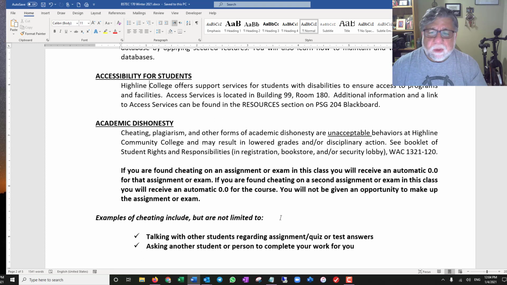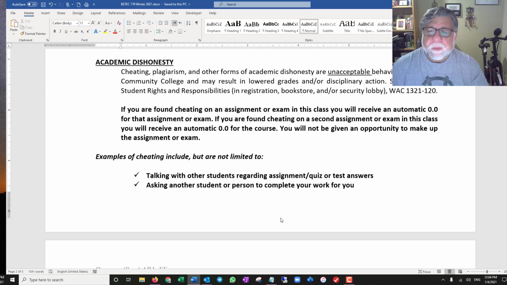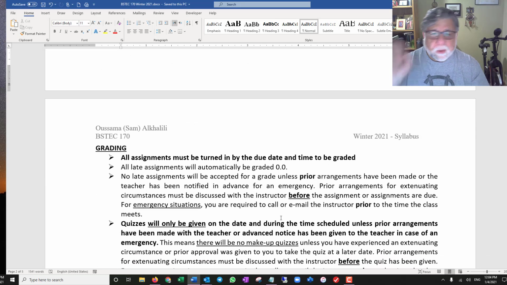On academic honesty, the college has been working really hard on creating a policy for dishonest students, and I'm actually meeting with them today regarding what actions and processes they have to take if students get caught. Another thing about me, since I'm a programmer, I go into the code if I suspect any students are cheating. Okay. Example of cheaters, you can do that on your own.